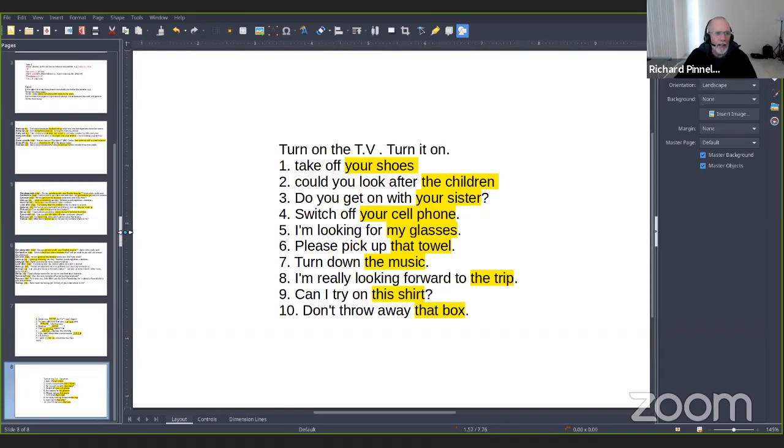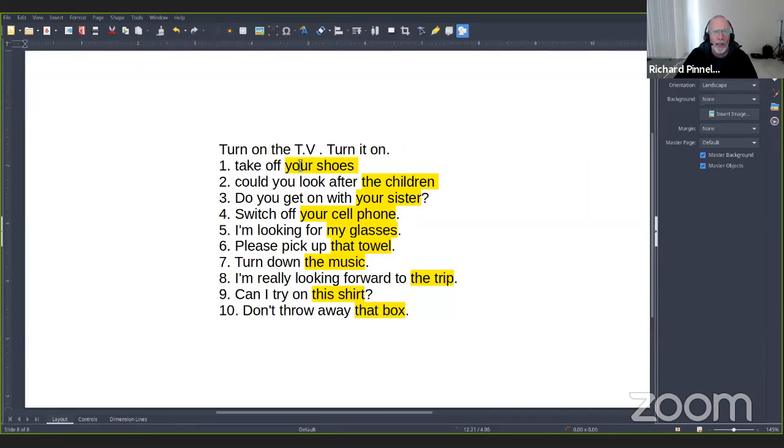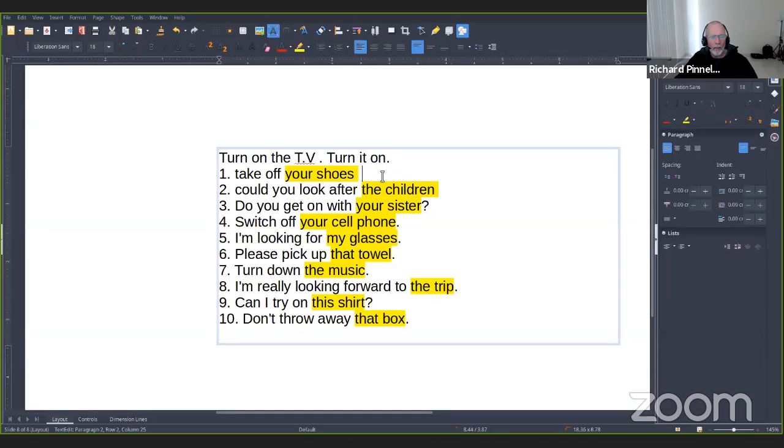Here what we need to do is write the same phrase using the pronoun. Some of these are separable phrasal verbs. Some of them are inseparable. So number 1 would be take off your shoes.